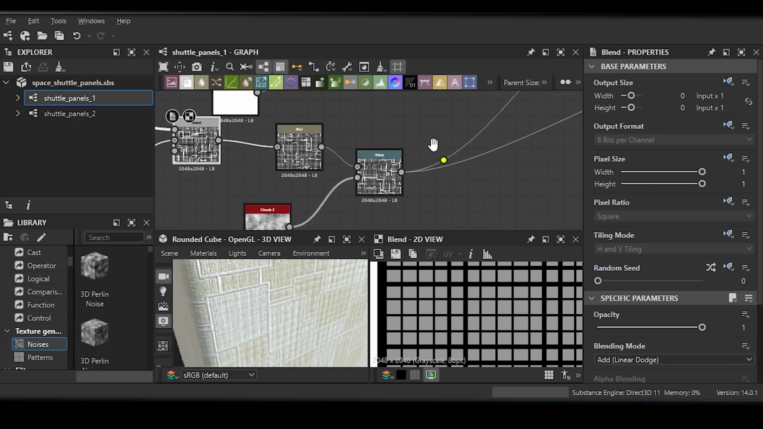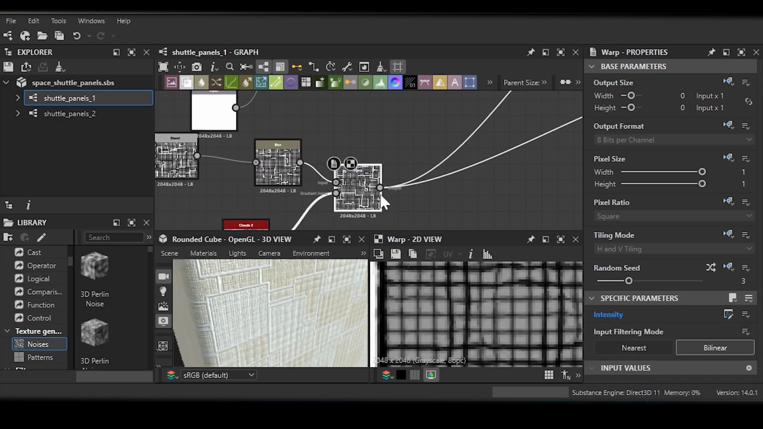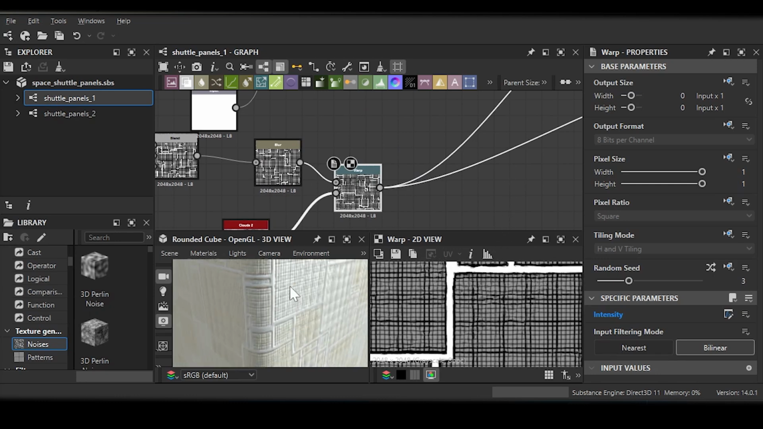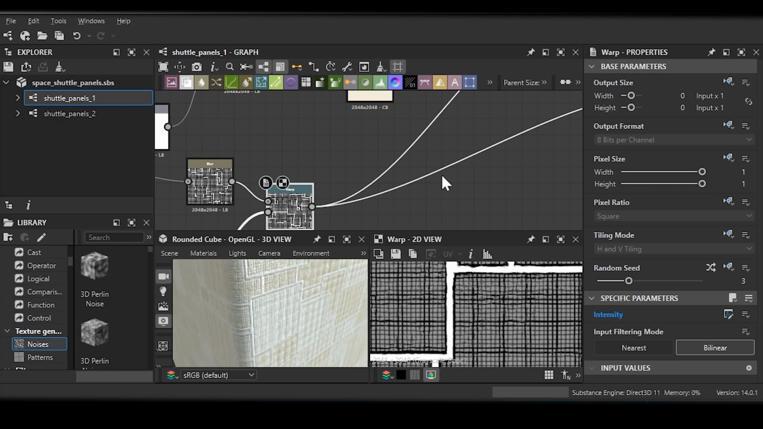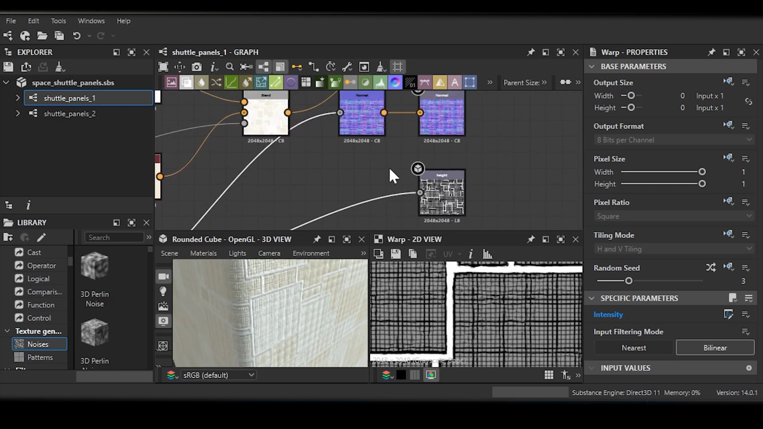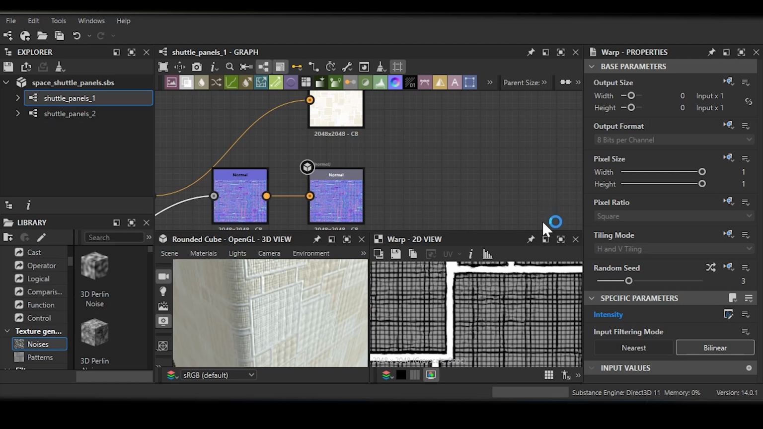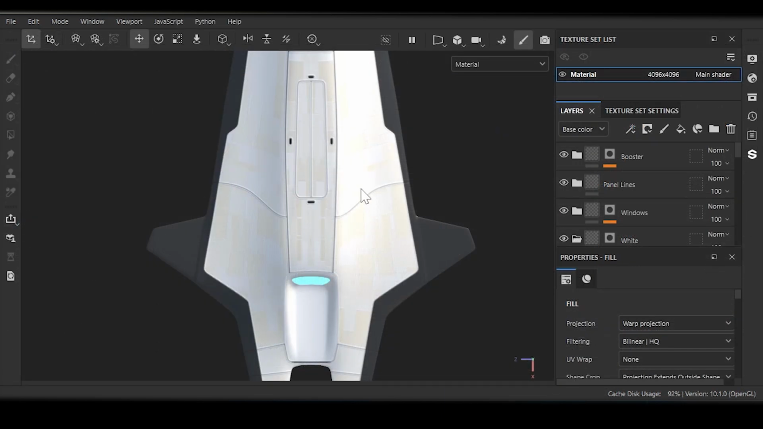So the bump map would be that. Then I added a bit of subtle warping into that texture, just to show the wear more. So that was the basic texture that I brought in. So I overlaid that in my next